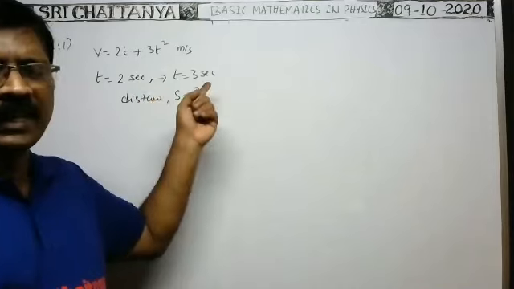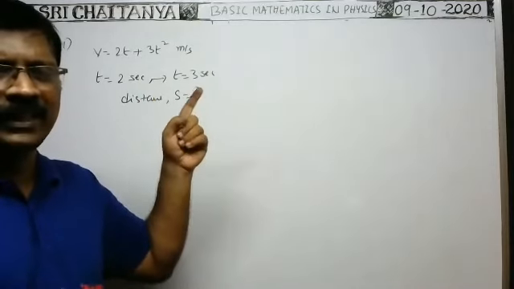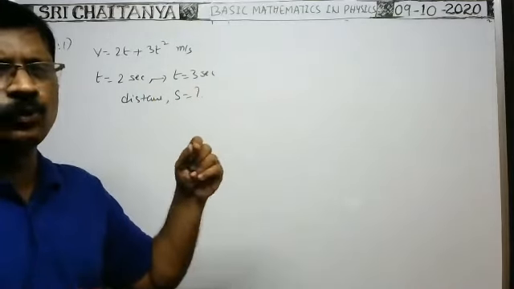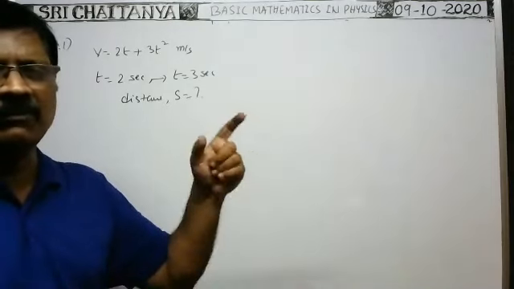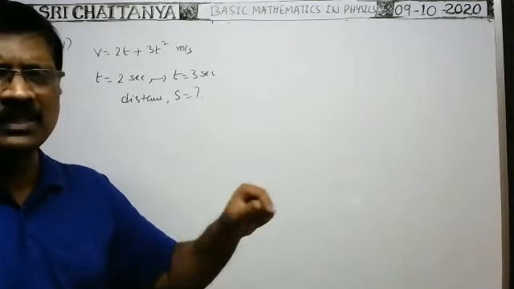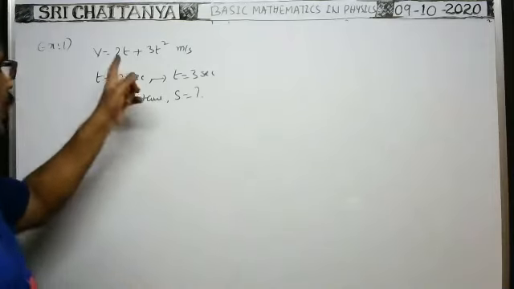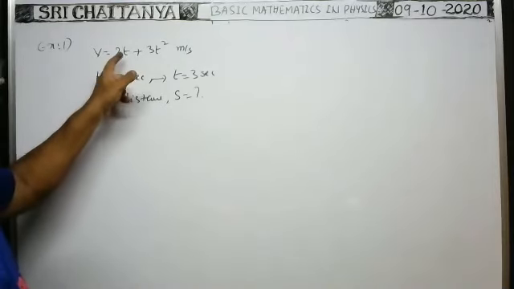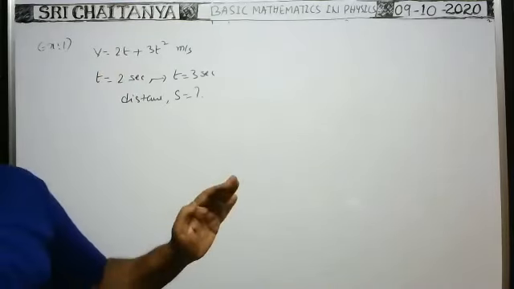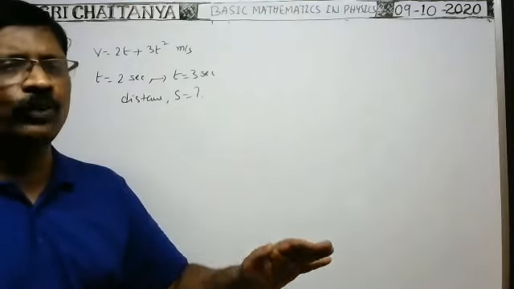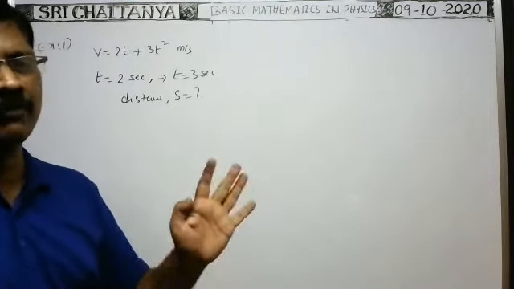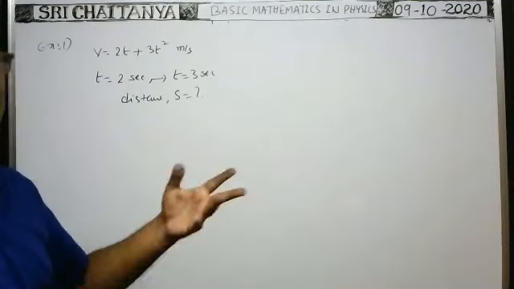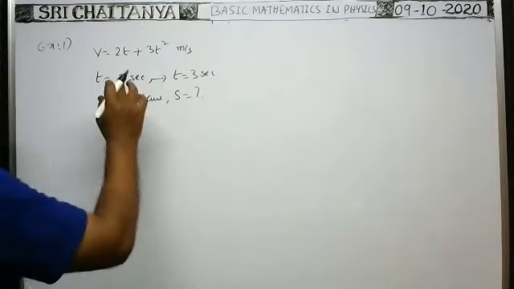2 seconds నుంచి 3 seconds మధ్యలో distance traveled అడిగాడు. In between these times, is the velocity of the rocket constant? No, because continuously the velocity of the rocket varies with time. That's why velocity is not constant. In such cases only we use the differentiation or integration method. But here they asked the distance traveled.